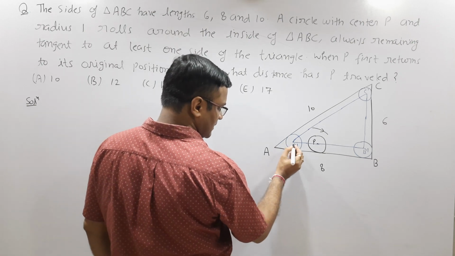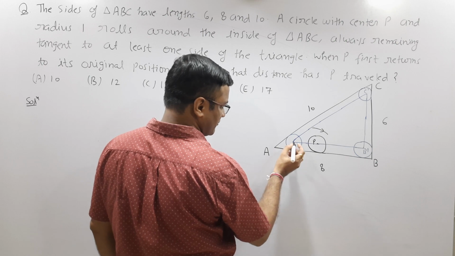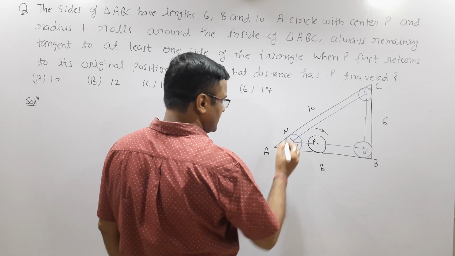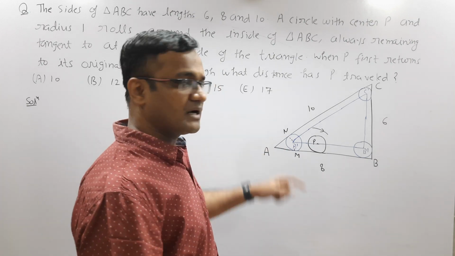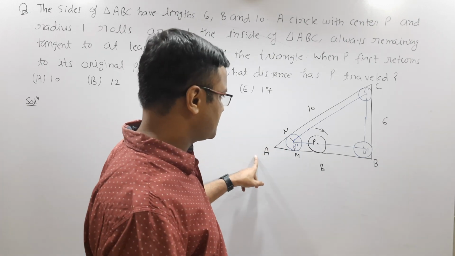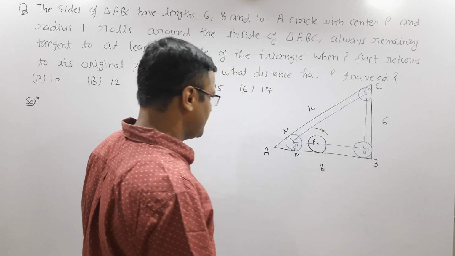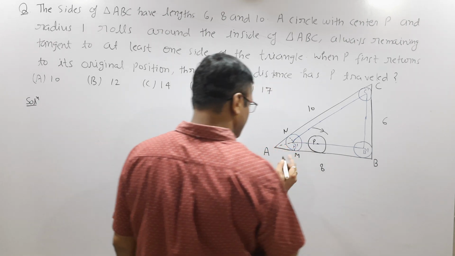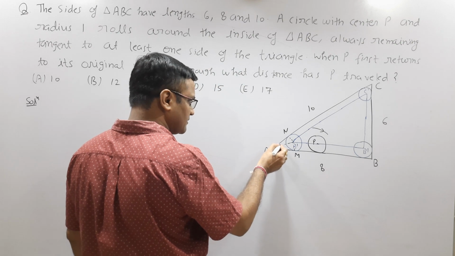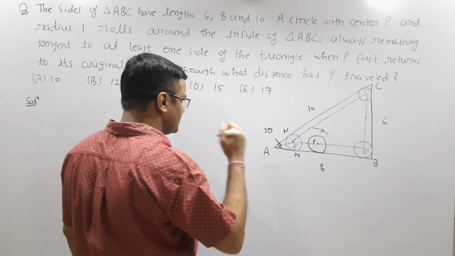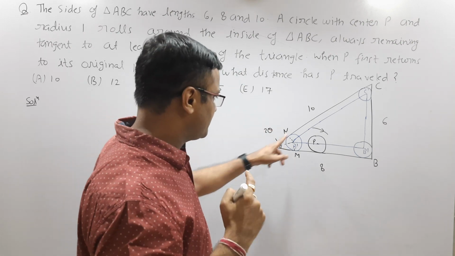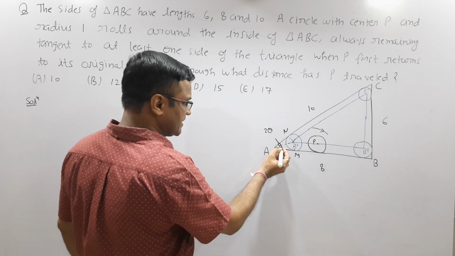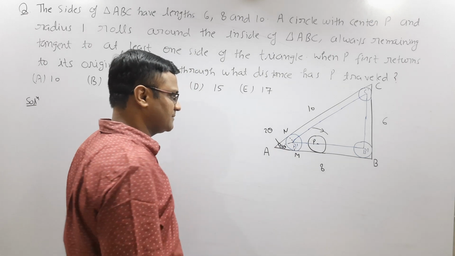Suppose the feet of perpendicular from A prime to the sides of the triangle are M and N. Then obviously AM and AN are the lengths of tangent from the vertex A to this circle. Okay, connect A and A prime, and suppose this whole angle is 2 theta. Then obviously both triangles AA prime M and AA prime N are congruent. Therefore, we can say that this angle is theta.